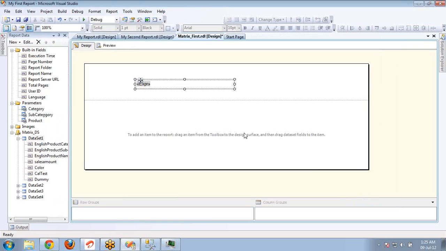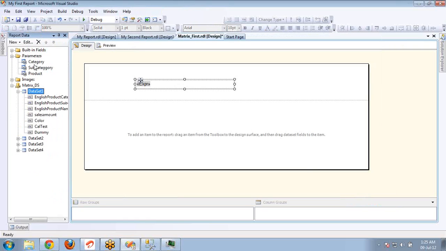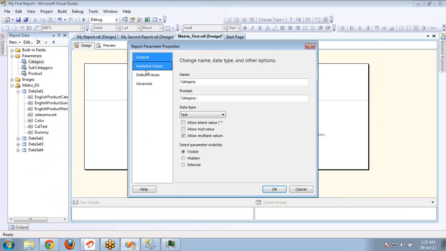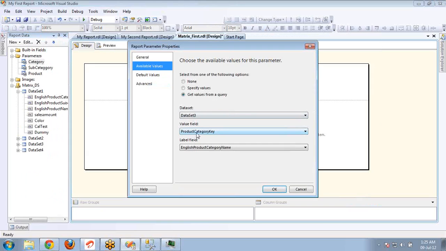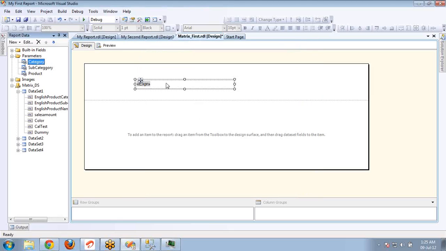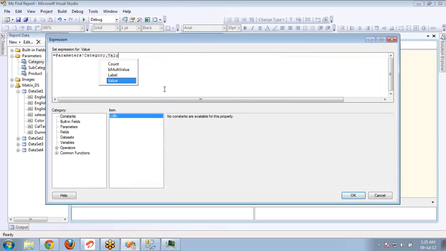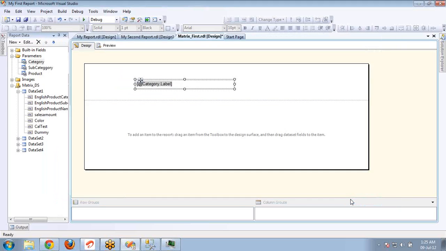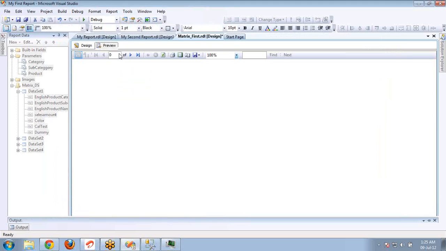Okay. In parameters, I selected the value as product category key, and that's why it is showing the key value. Now how to show the label? Come here and select the label. Now if I click on preview,